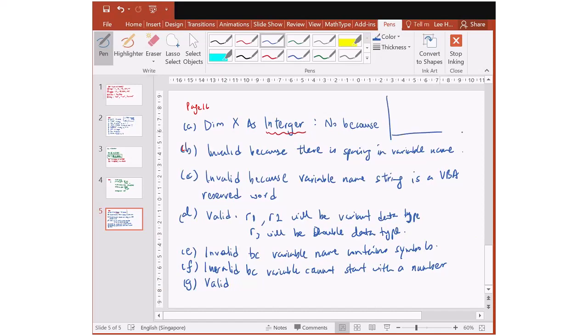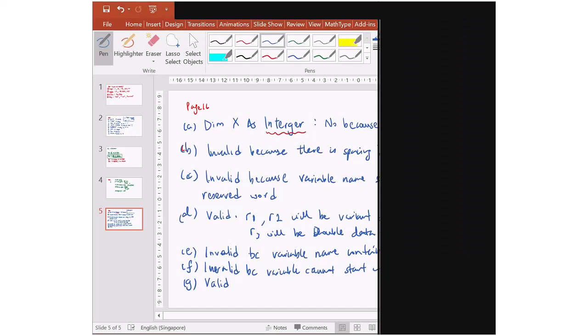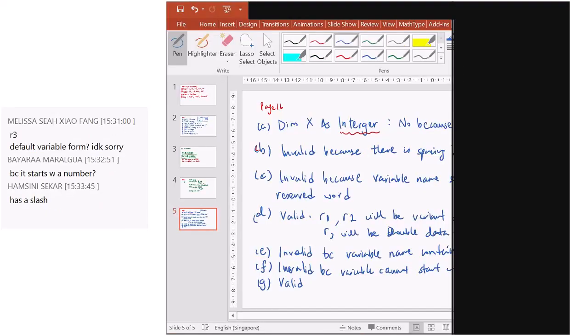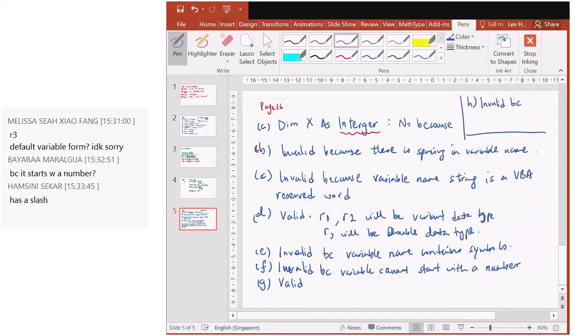And finally, H, dim jp01/01 as string. What's wrong with this? Why is it invalid? Hamsini? Yeah, there's a slash, there's a symbol. No symbol allowed. Okay, if it had been an underscore, it would be fine. So we are done with